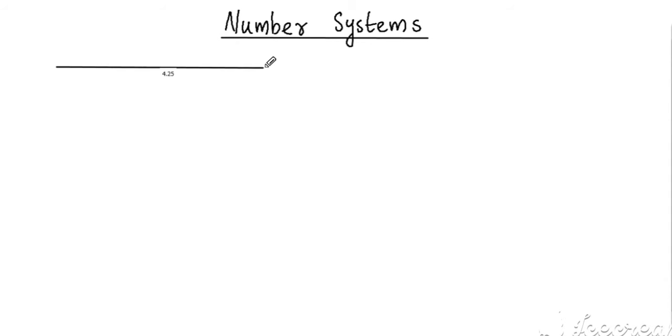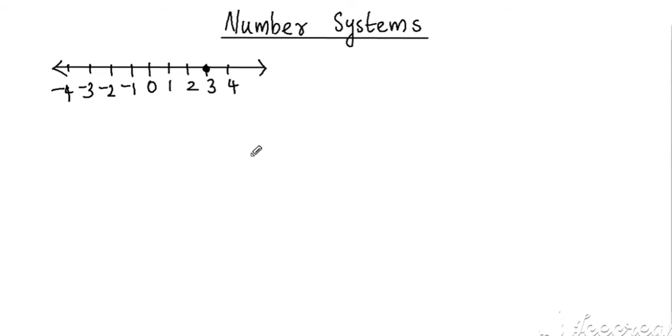Consider a point 3. Suppose we have to identify the location of 3 on the number line. So first draw the number line, then mark 0 in the middle and the positive numbers 1, 2, 3, etc. on the right side of 0 and the negative numbers negative 1, negative 2, negative 3, etc. on the left side of 0. Now you can see 3 is a point which is at a distance of 3 units to the right of 0. So 3 is located here, so you can mark a dot at that point. This is how we locate a point on a number line.